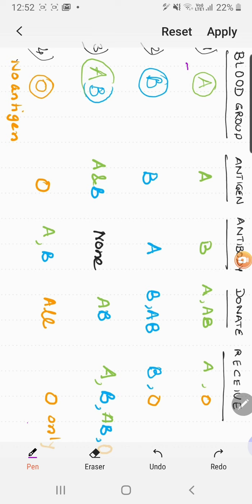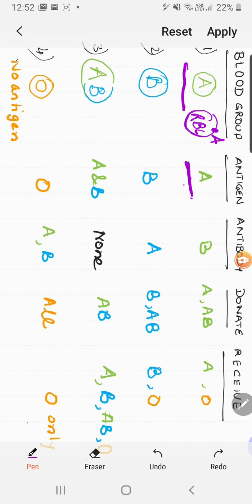First of all, blood group A. That means on the RBC surface, the antigen present is A. So you have written the antigen A here. If A is not matched with A, there will be a problem. In my previous video, I told you that this antigen has to be matched with A only, so that the body recognizes that whatever blood is coming in is familiar with its own blood, right? So there should be a matching of antigen.